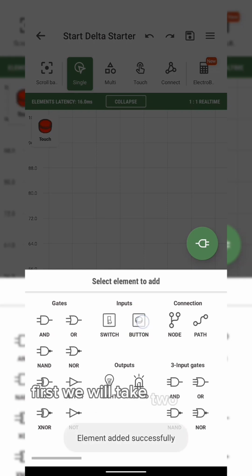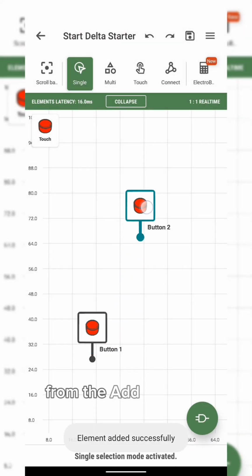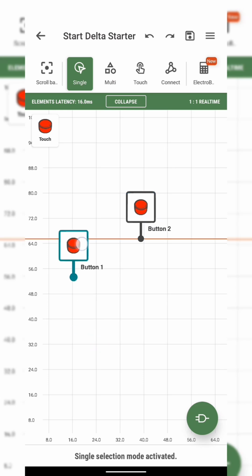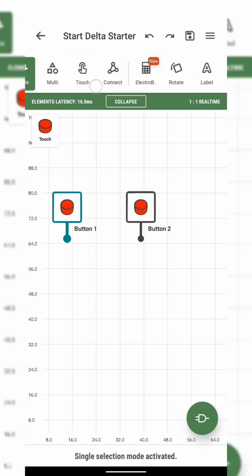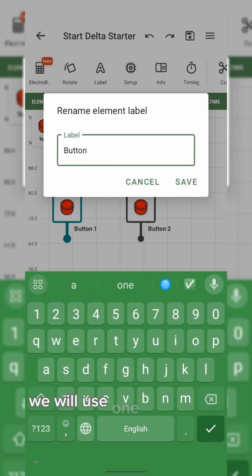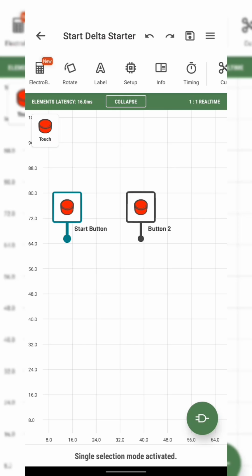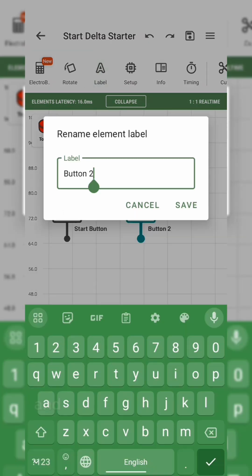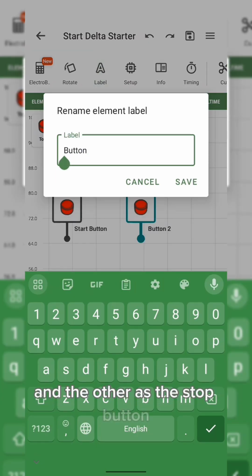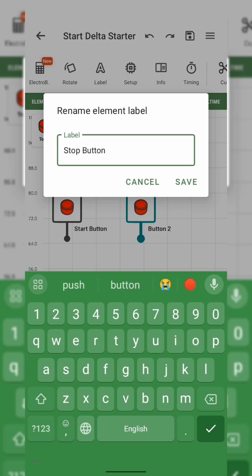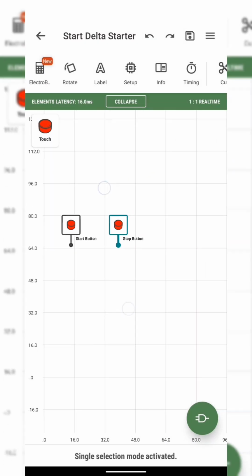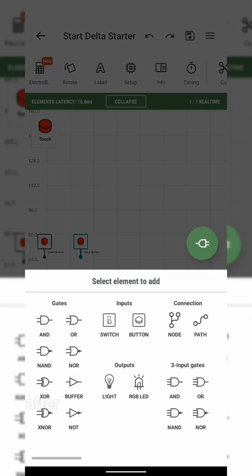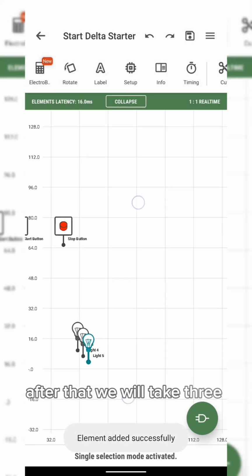First, we will take two push buttons from the Add Element button. We will use one as the start and the other as the stop button. After that, we will take three lights.